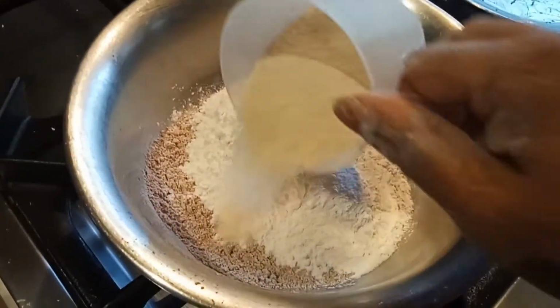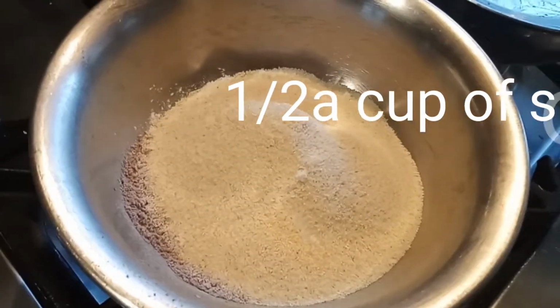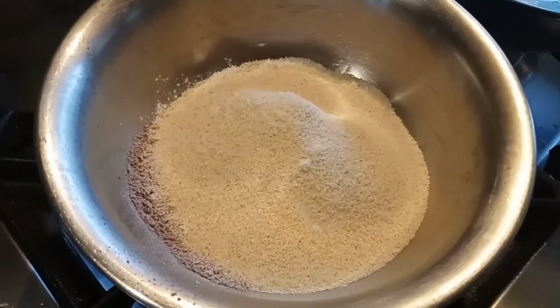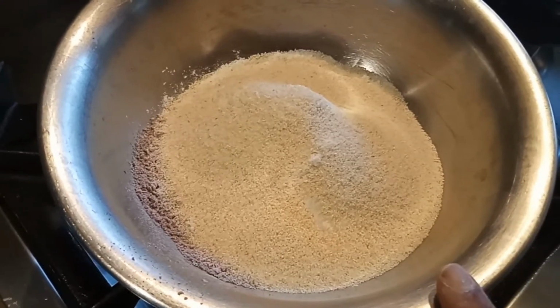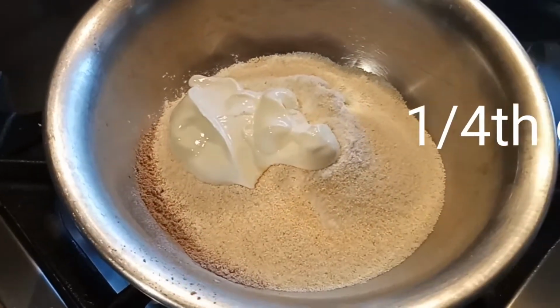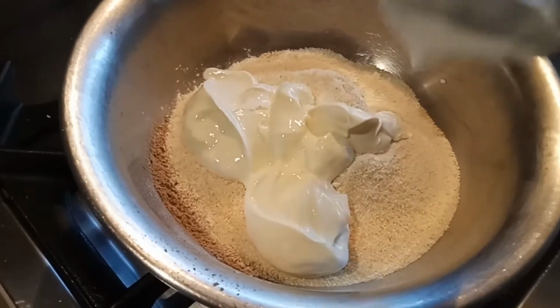So here I am adding half a cup of suji. It gives a nice crisp in the dosa. That's why we are adding the rice flour and the suji. And into this I am going to add dahi. So I added 1 tablespoon of dahi, and I am adding another tablespoon of dahi. So we have to add 2 tablespoons of dahi,